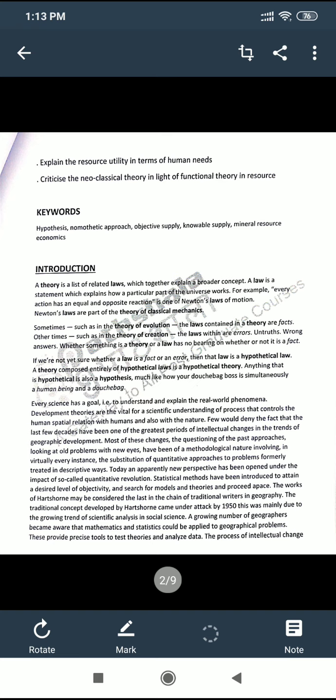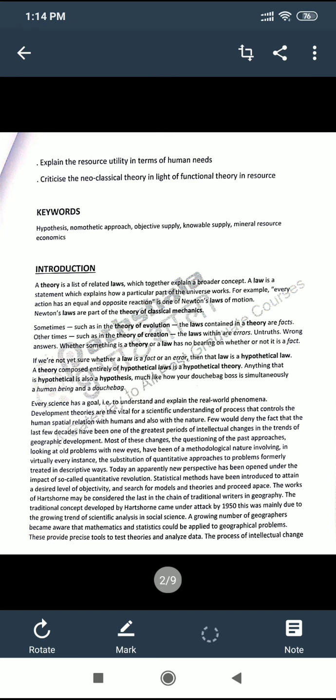Anything that is hypothetical is also a hypothesis, much like your boss is simultaneously a human being and a jerk. Every science has a goal, in a sense, to understand and explain real world phenomena. Development theories are vital for scientific understanding of the processes that control the human spatial relation with humans and also